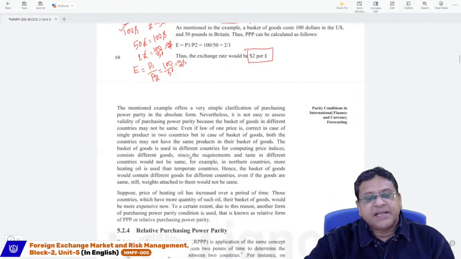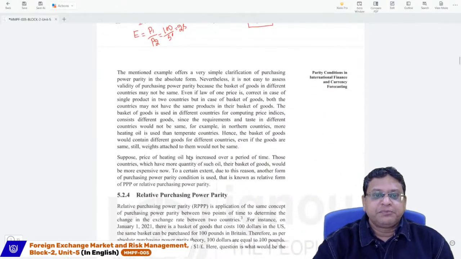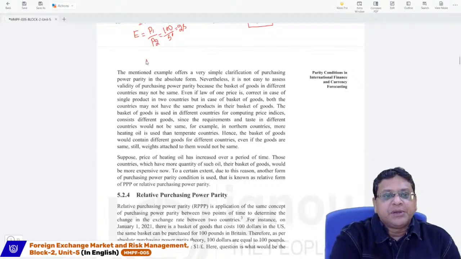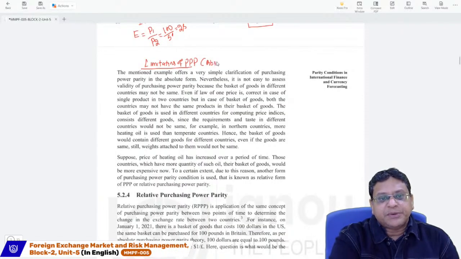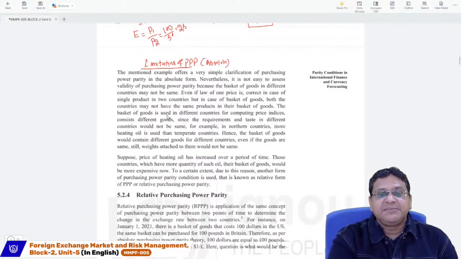But there are certain limitations of the absolute version of PPP theory. What are the limitations? Two important limitations we will discuss. First limitation: we know that the price of a similar basket of goods must be similar in different countries. That is the absolute purchasing power parity theory. So the first limitation is,